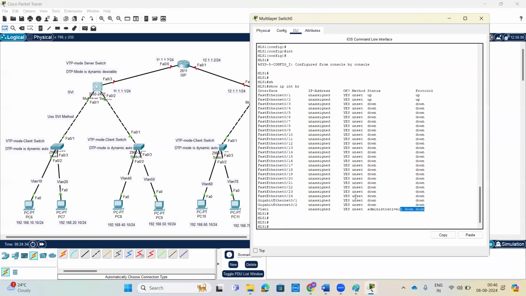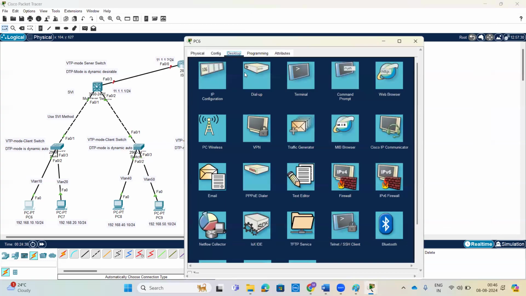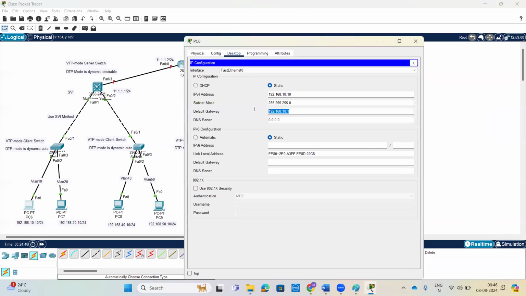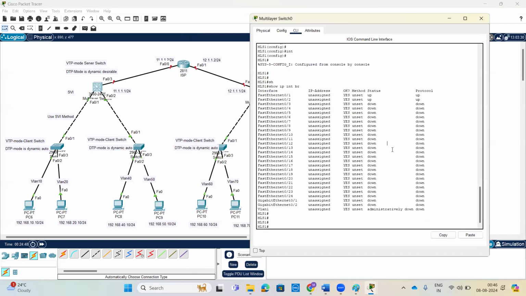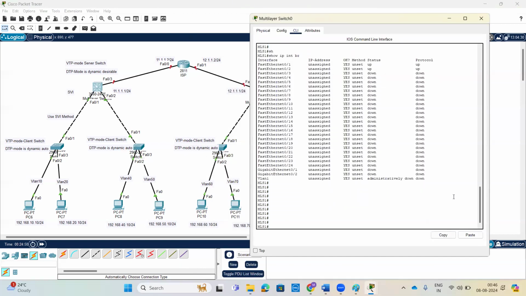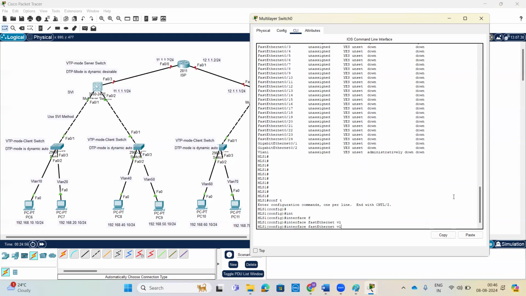So we don't have any IP addresses, so we have to assign the default gateway. What we discussed about the default gateway is that it is the exit and entry point of different networks. So we have to assign it on these switches. We have not assigned anything. So config terminal, interface